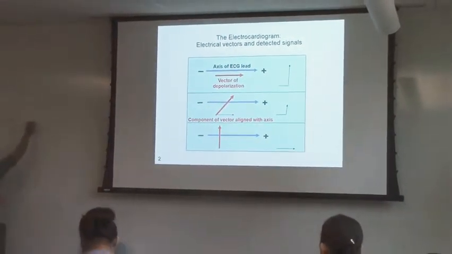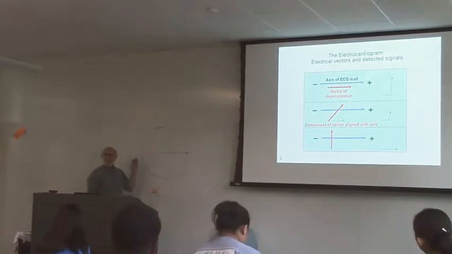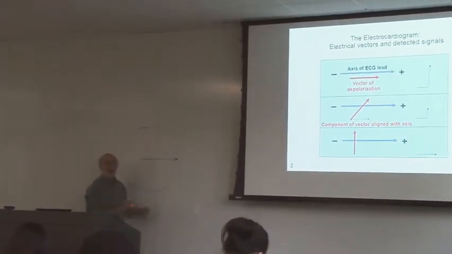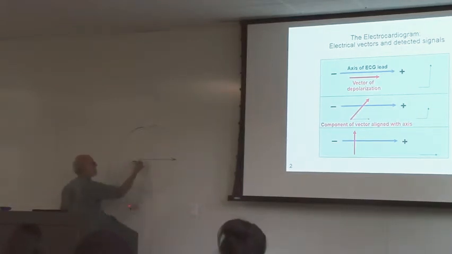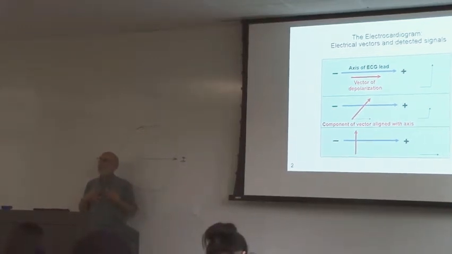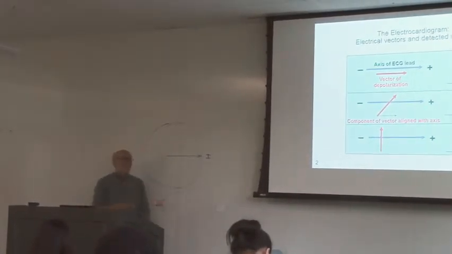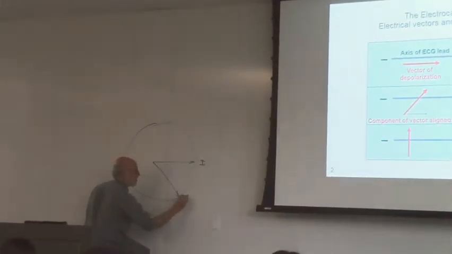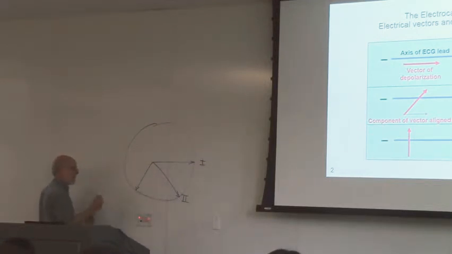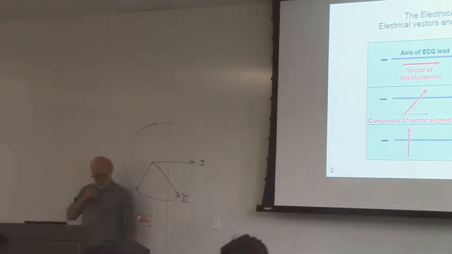When you connect lead 1, you define an axis with a positive direction and a negative direction. I'm not going to draw the negative directions, but a signal that was aligned in this direction would give you a positive result, and a signal that was aligned anti-parallel would give you a negative result. So this is lead 1, and this is the body. This is the left arm, and this is the right arm. It's really recording from the chest, but we can connect to the wrist or to the shoulder because this is just a conductor. Lead 2 defines this orientation. Lead 3, when we connect the leads, we define this orientation on the body. So lead 2, lead 3,